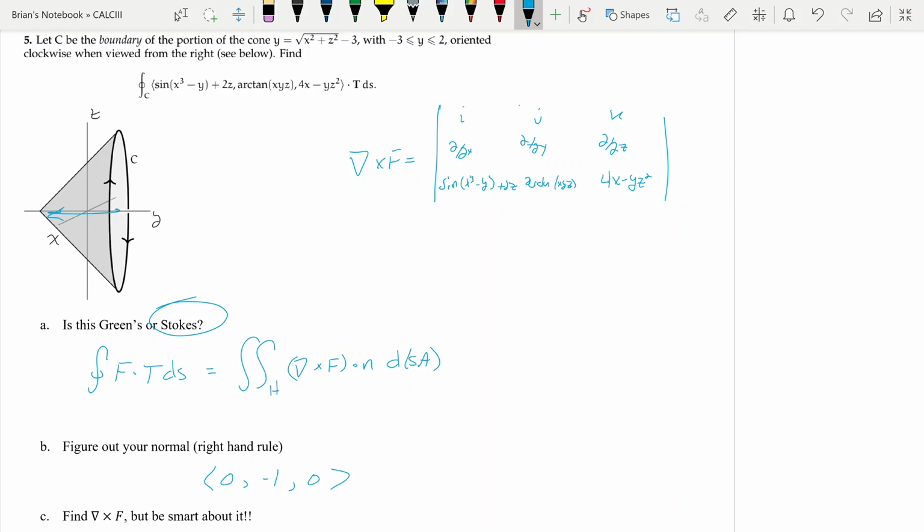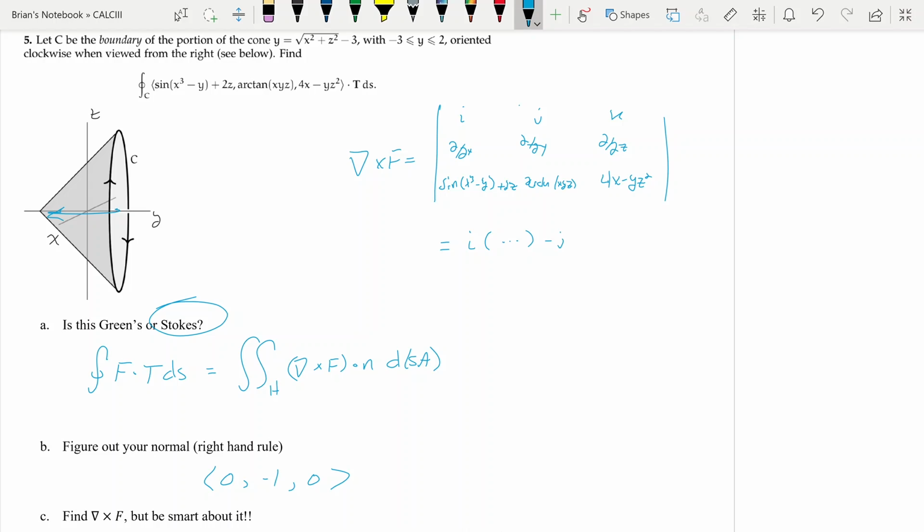But remember, our normal, all we want is the y component. So when we do our cross product, we can be a little smart about this. I compute my i, then my j, and then my k. Certain people have it certain ways, but we have our i, but we don't care what's in there because it's just going to multiply to a 0 when we use Stokes' theorem. So we don't care what that i component is,